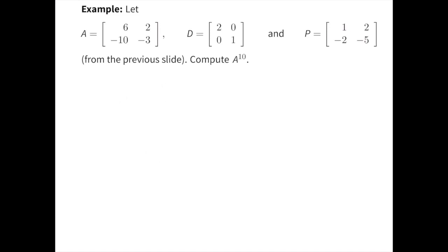One thing you can do with diagonalizable matrices is you can use them to compute matrix powers very easily. So suppose we wanted to compute the value of A to the power of 10. Okay? Well, that's going to be a really complicated thing, right? Because you're going to be taking the matrix A and multiplying it by itself 10 times, right? And that's kind of a messy thing to do. But what you might notice is that if we multiply A times A times A, and say we do this 10 times,